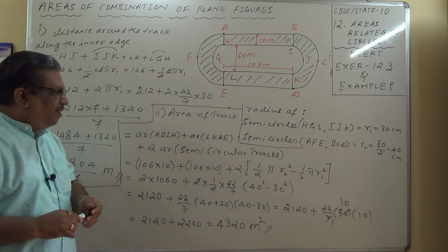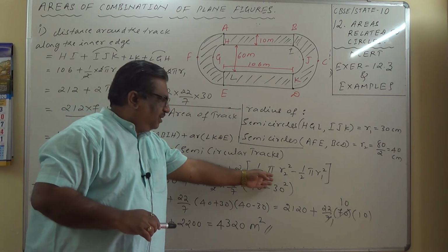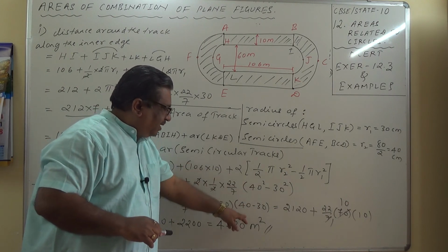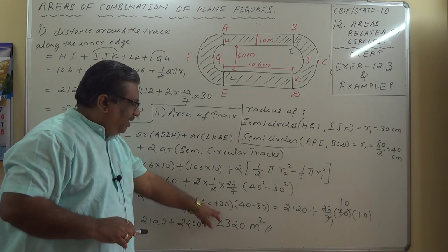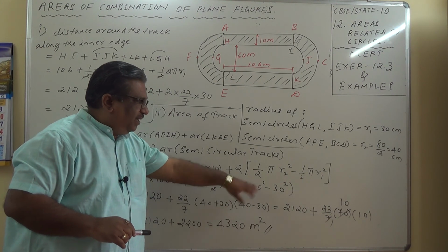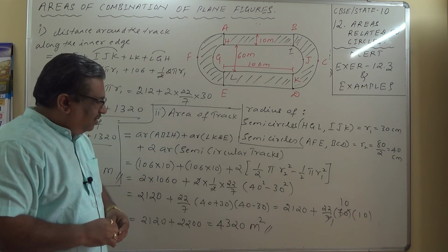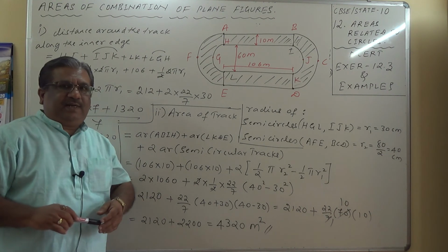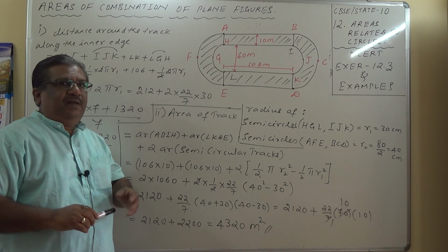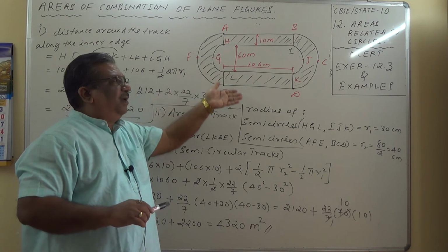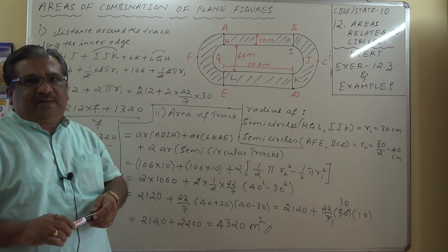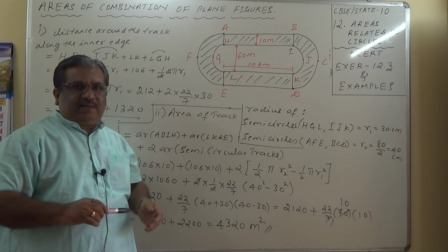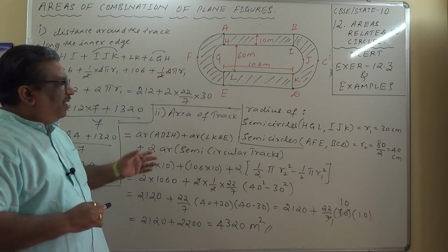So I hope you have understood. Here also this is all substitution, and here only a square minus b square can be used as a plus b into a minus b for easier calculations, and finally we got 4320 square meters. I hope you understand. This is important. Make a note of this. There are many ways to solve this problem, but this is one of the ways. I feel this is the easiest one for students to understand with all details as written, so make a note of this one.